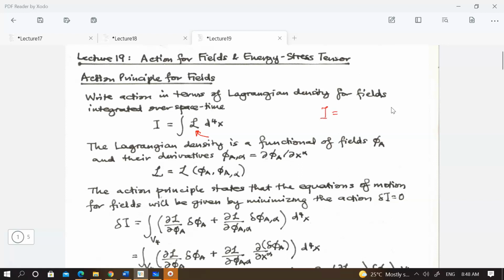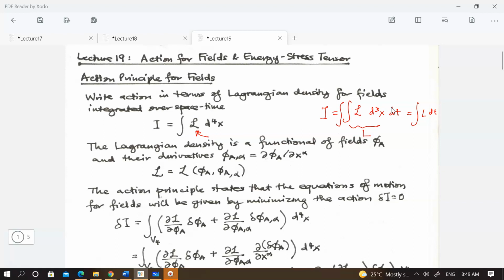We talked about fields. Previously we think of your L as d3x. So this gives you your Lagrangian, right? This is your Lagrangian density, the curly L, and then to get the action you have to integrate over t. So in other words, this is the integration of L dt. So here we are making this thing separate. Your spatial part is separate